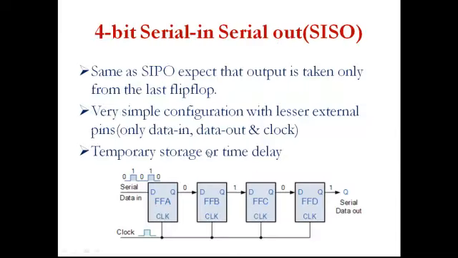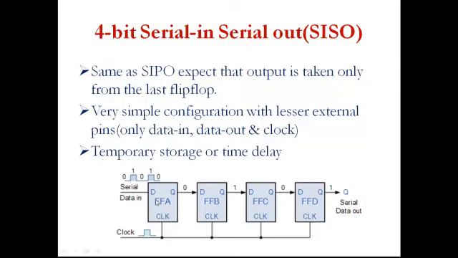Here what we are doing is, we are not taking the parallel output. Instead, we are waiting for the serial output. So the only difference between that one and this one is, here also we are having 4 flip-flops A, B, C and D. Clock is connected common. Clear will also be connected together. So you see, we are not taking the parallel output directly every time. Instead we are taking the output only at the end. At this end we are giving the input, and at this end we are taking the output.